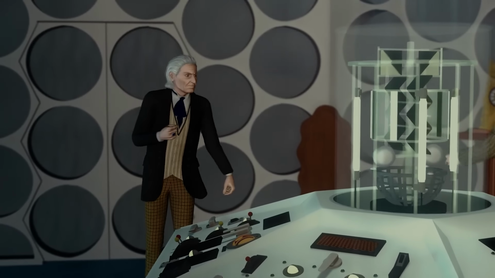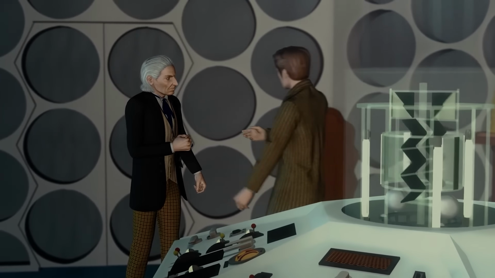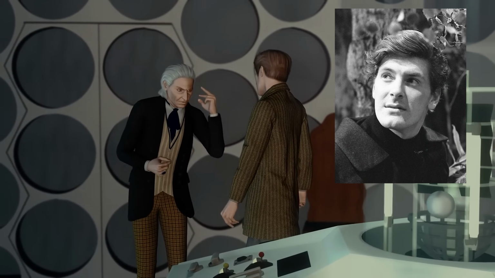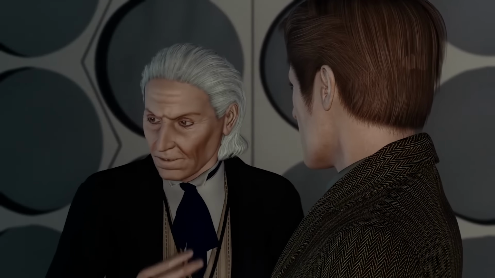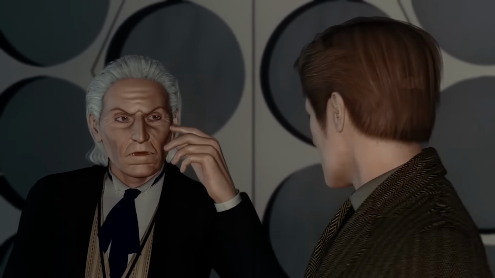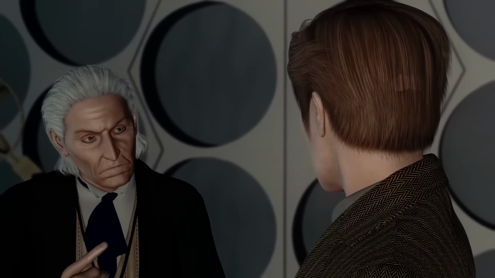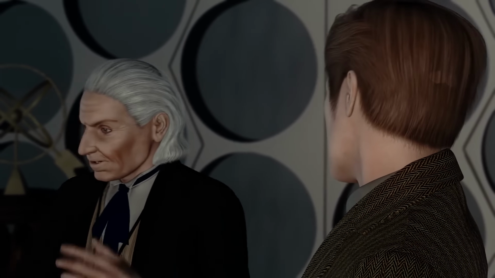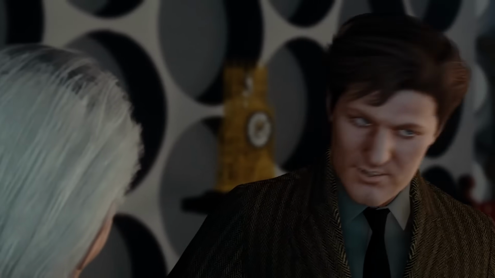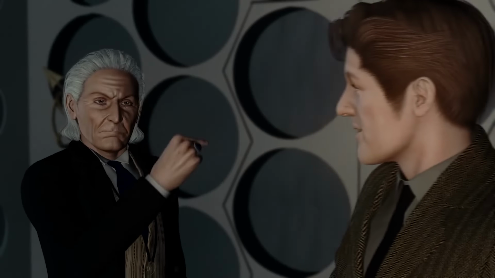I was actually inspired by an anecdote from Peter Purves, in which Hartnell, after recording one day, took him to one side and gently reminded him that television was a very small medium. And once you've heard that story, you can kind of see Hartnell deliberately keeping his hand gestures close to his face to stay within that frame when he's performing as the Doctor. I actually came away with a whole new appreciation for him.